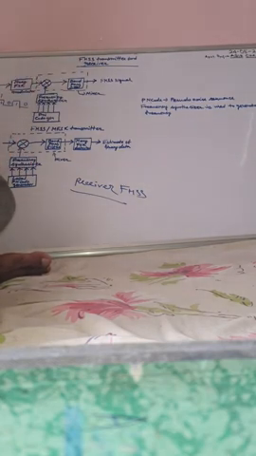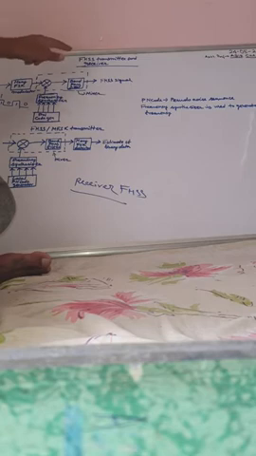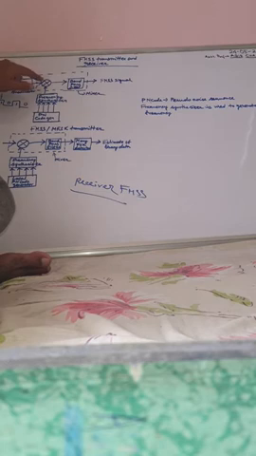Frequency synthesizer, a very important part. It provides frequency hopping. It generates frequency hopping by synthesizing the frequency. That's why it is FHSS, frequency hop spread spectrum. Now this is a mixer. The mixer contains a product modulator and a band pass filter. You can also call this a balance modulator.